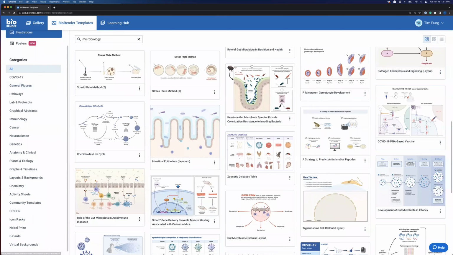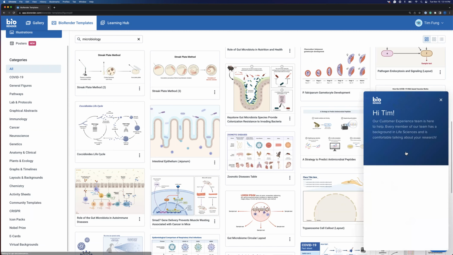Andrew, that's a really good question. Is there an internal tracking feature to ensure that these illustrations are up to date? So our team of medical illustrators will periodically prune through to make sure that things are accurate. However, if you do ever find that there is an issue with maybe new findings that refute something that is on the template itself, what I'd recommend is just contacting our customer experience team. So like this help button down below on the bottom right here, and just let them know that, hey, there might be some literature